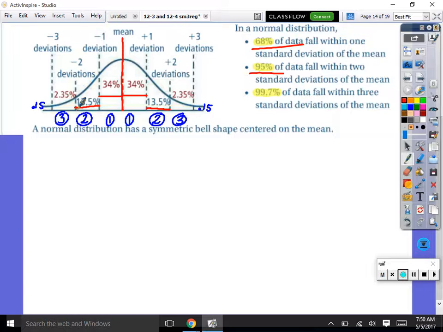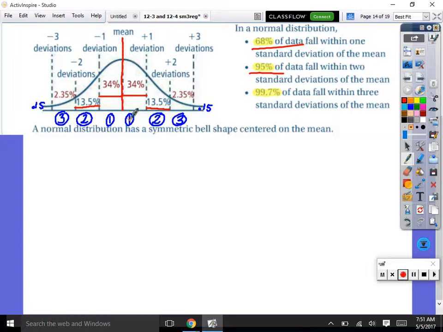You need to be taking a screenshot of this in your head, because you have to draw this. You will see it on the ACT. If I say it's normally distributed, these percents always work. It's always these same percents, so on the test you have to draw your own. So get these percents in your head. And then